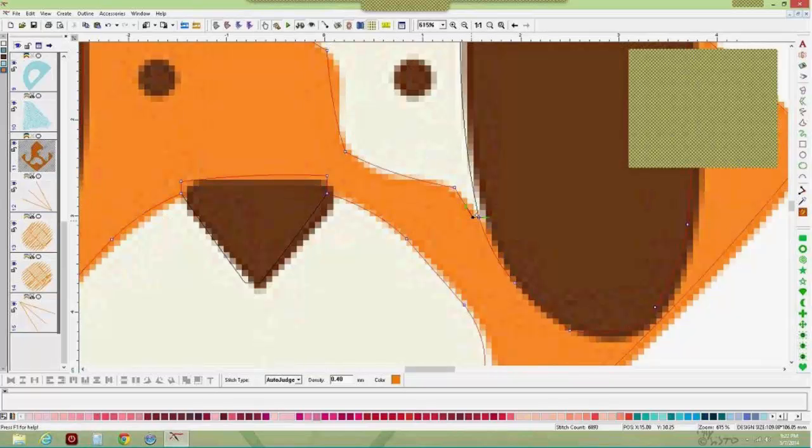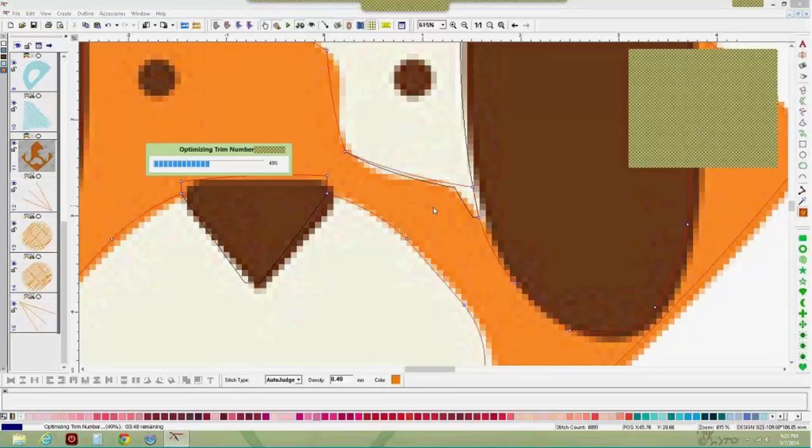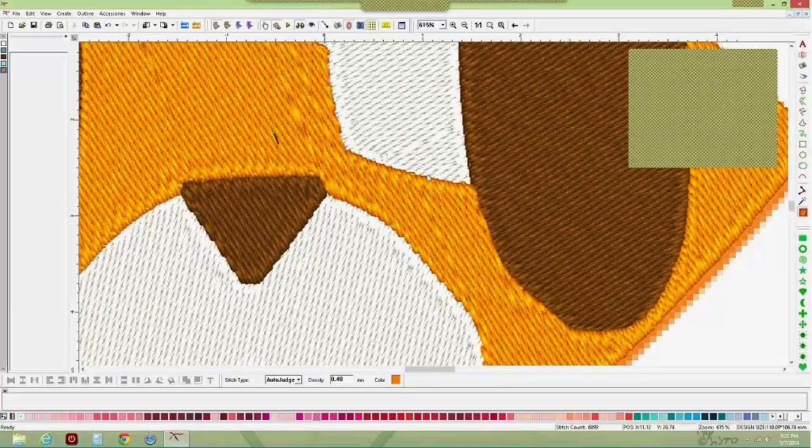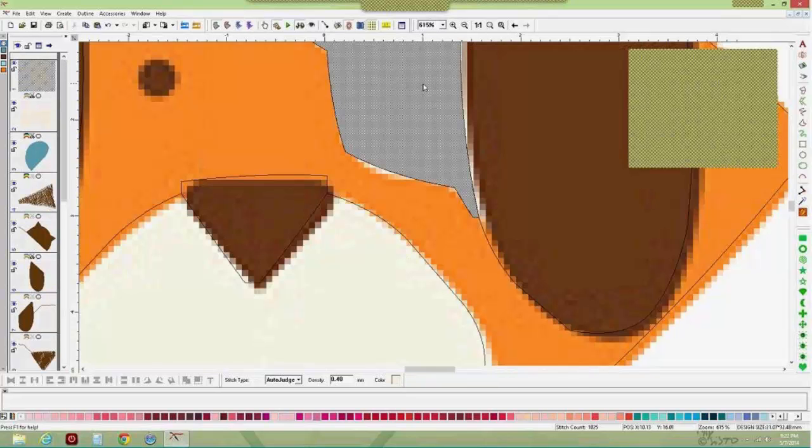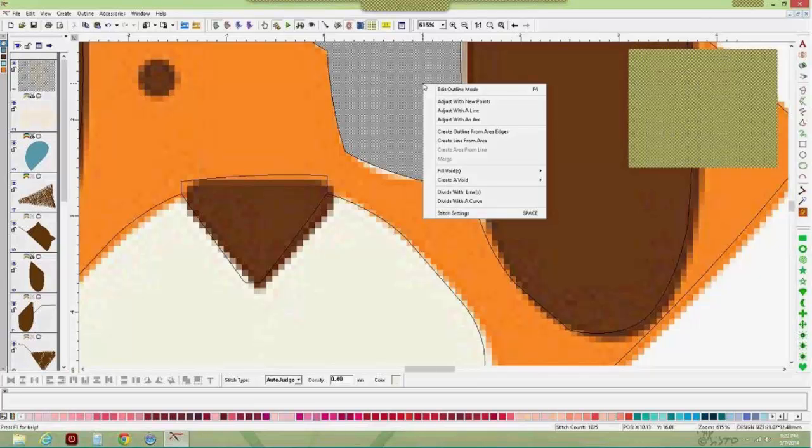I can get rid of this node, just left-click on it and delete. I can left-click and grab that node there. And I can right-click on the middle of that line and straighten it out. So that corrected the orange. To quickly correct this piece, I'm going to go to Edit, right-click on the area, and we're just going to,